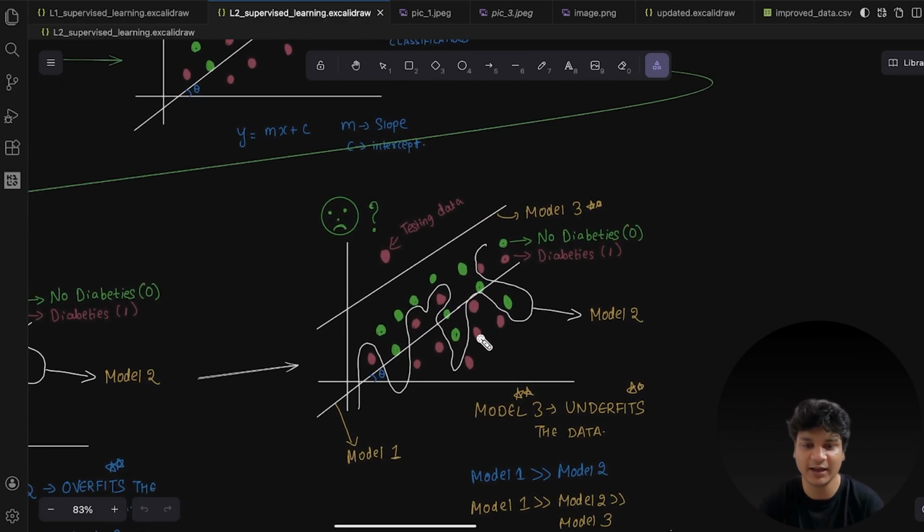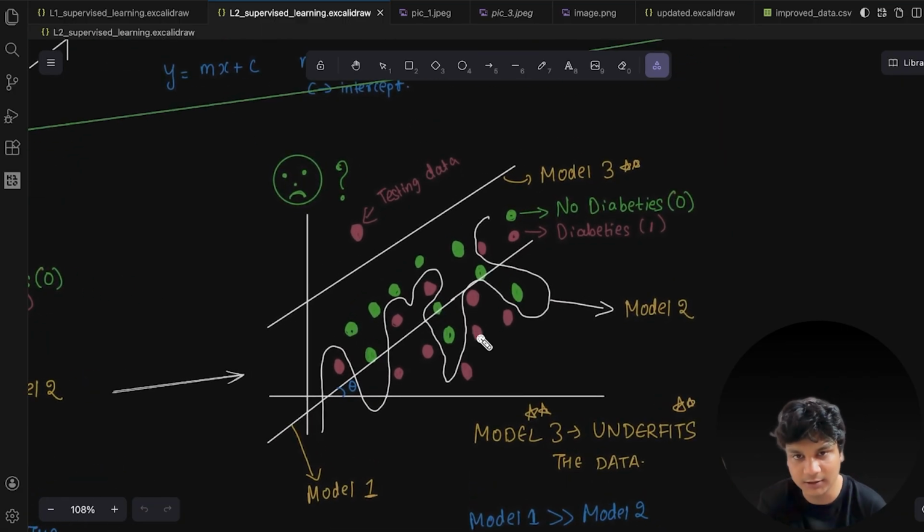Again, let me give you the second example. What is underfit? This is line number 3, this is line number 2, and this is line number 1. Which one do you feel is good? Can I pick line number 2? No, it's overfitting the data. Can I pick line number 3? Yes, but